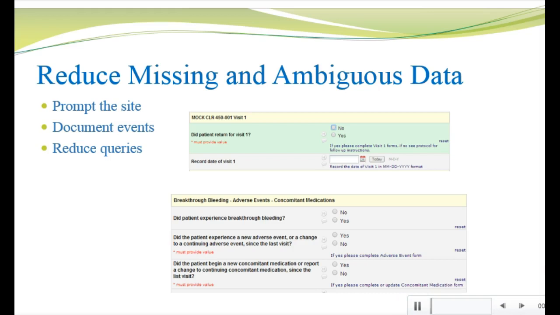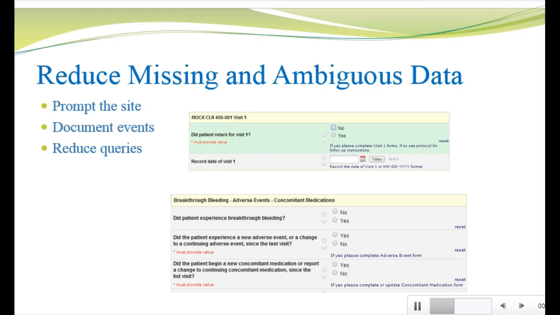Study coordinators have a difficult job. They often work on multiple protocols, and so they are dealing with many different case report forms. It's easy to forget to complete all or some of a form or provide conflicting or ambiguous responses. These issues are going to be identified during data review, and we'll have to resolve them. So we want to design case report forms that will prompt the study coordinator to complete the form and perform key tasks. And we also want to design it to help us understand what did or did not happen at the